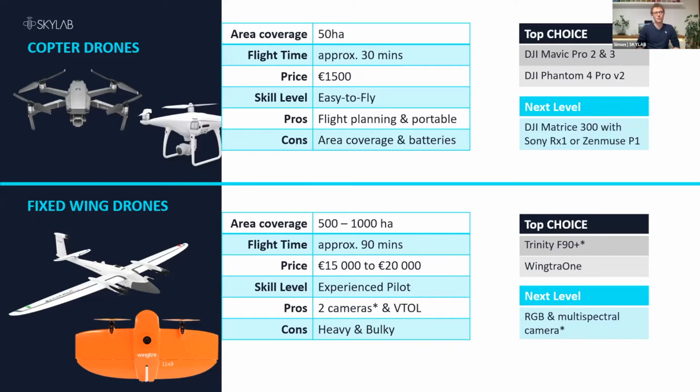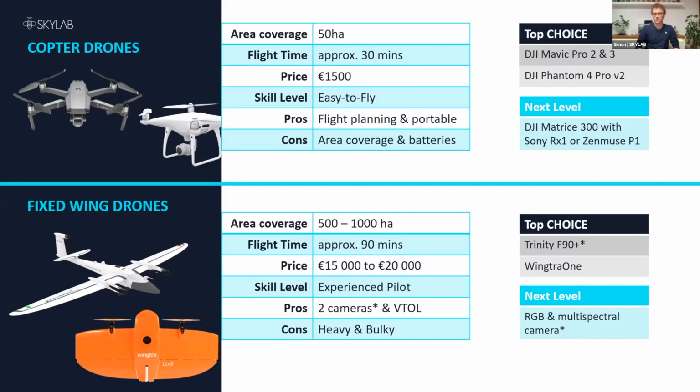It's a really high quality camera, but you have to consider, for example, that in Europe you cannot fly higher than 120 meters without permission. So you get a really good ground sampling distance, and most of the time that's not really necessary. With the Sony RX1 or Zenmuse P1, you can fly up to 200, 300 meters. These cameras can also fit into fixed wing drones. You can cover much more area and fly longer, but it's way more expensive than copter drones, and you need an experienced pilot for that.